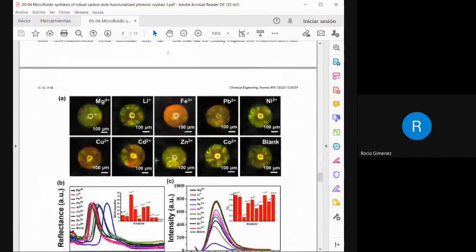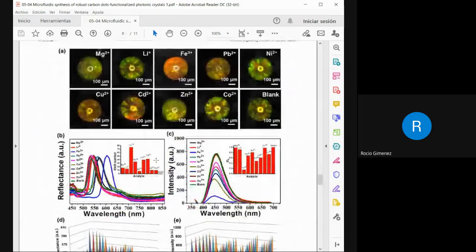Then there's another interesting thing about these microbits: their structural color and fluorescence intensity respond to different metallic ions. So the reflection spectra show different degrees of redshift. And this phenomenon may be attributed to the metallic ions changing the photonic bandgap of the photonic crystals. And the fluorescence intensity of the structural color in these microbits is responsive even when the concentration is as low as 0.1